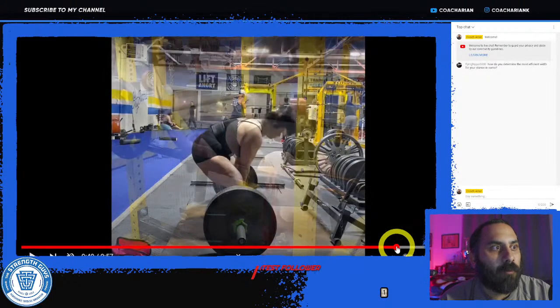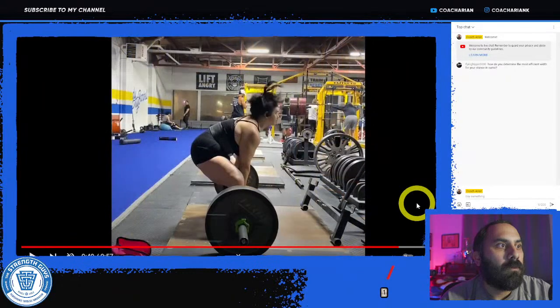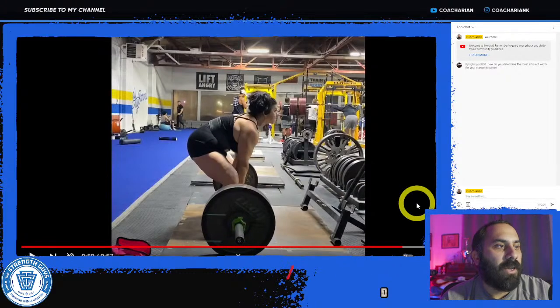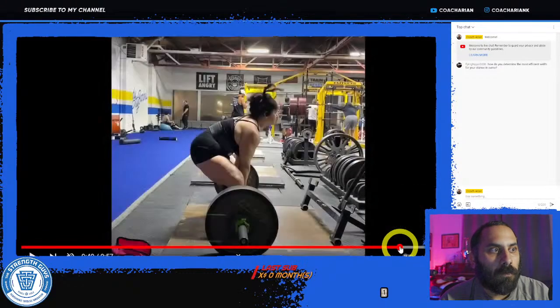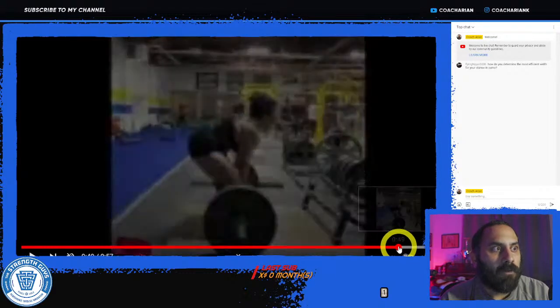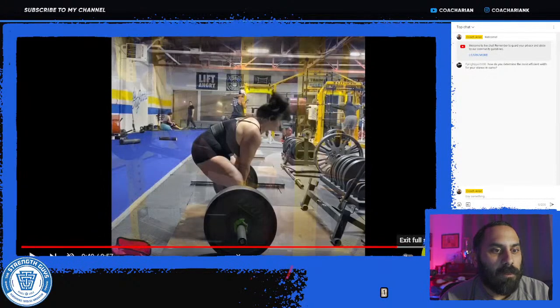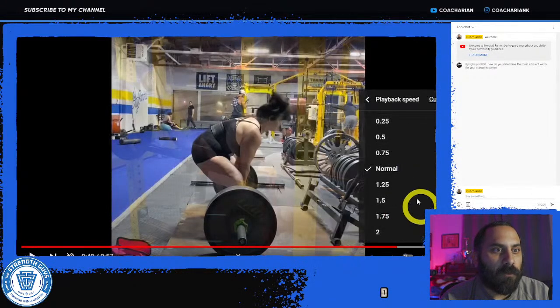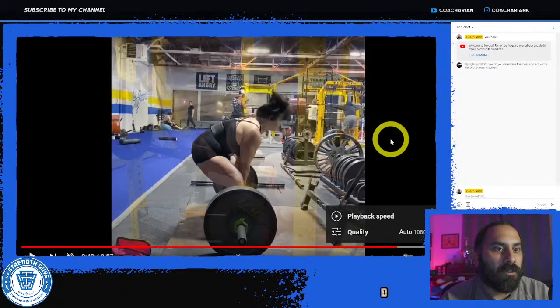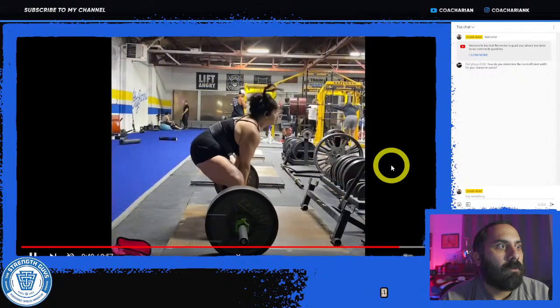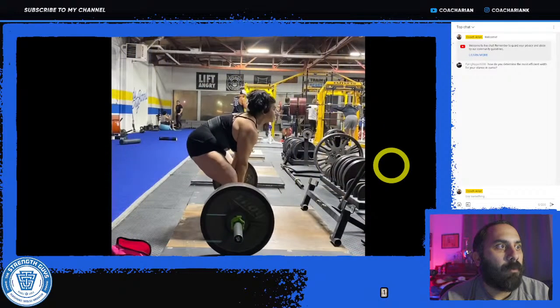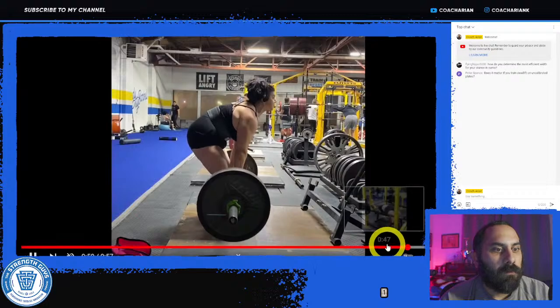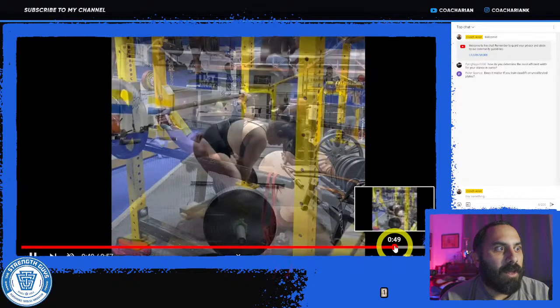So if we go back a little bit on this one. Here, as she starts to initiate the pull, you can see right there how the hips went up, the knees shifted back, and the torso tipped over. We can even go quarter speed. So right there, you can see hips shoot up, knees shoot back.